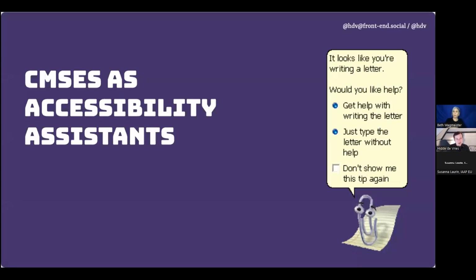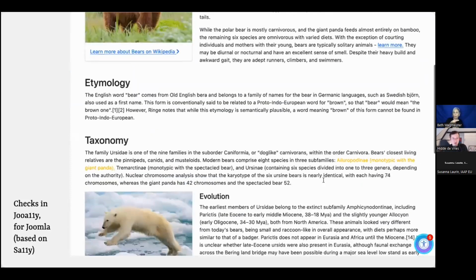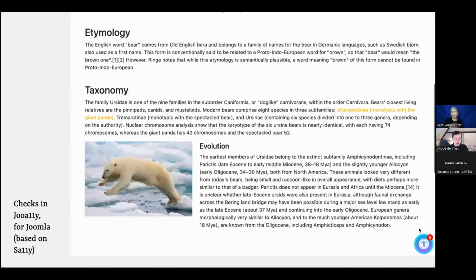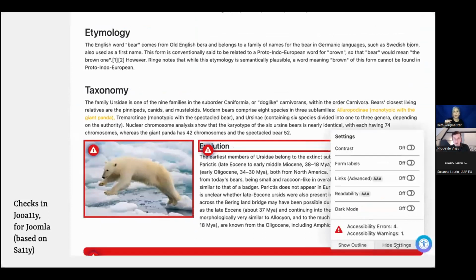So how can we use CMSs as accessibility assistants? I want to give you a couple of examples of where I've seen this in the wild, and also look at how in Sanity we're playing around with some of this. So for instance, for Joomla, there is a plugin called Jooa11y, which is based on Sa11y, and a11y is short for accessibility.